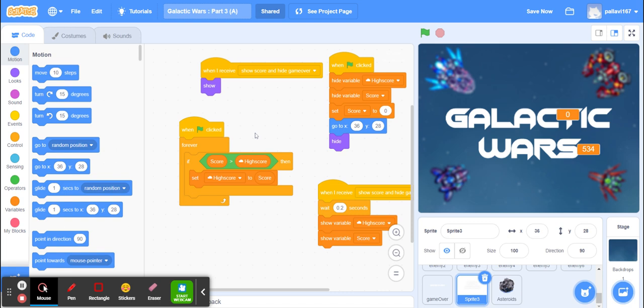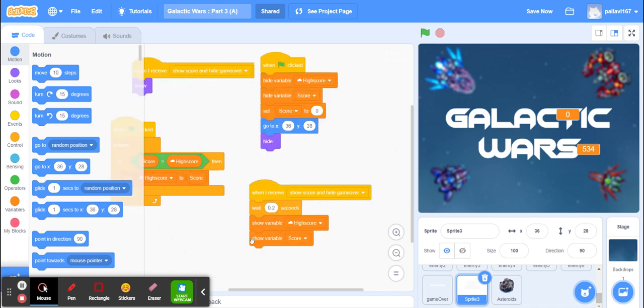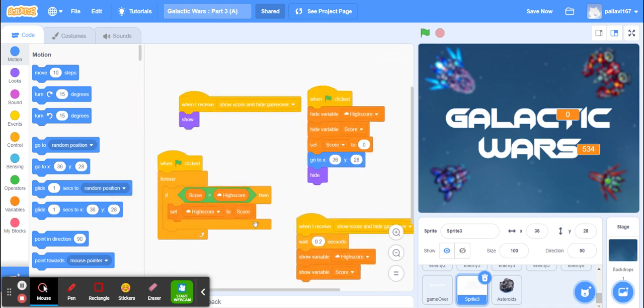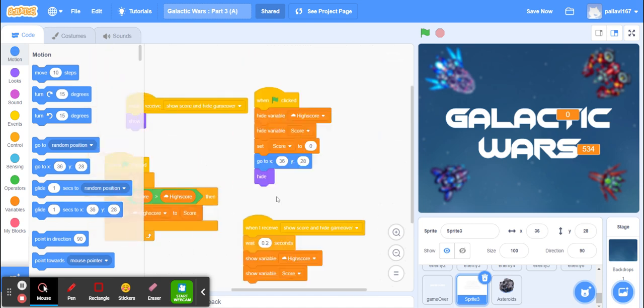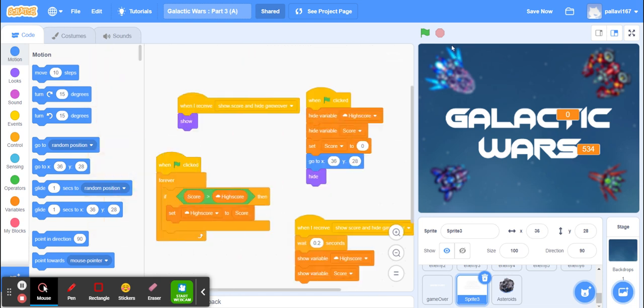This is basically checking every time whether your player has broken the earlier high score, and if it is not broken, then high score is going to be different from your player's score. If your score is more than the previous high score, then the player's score is set to the high score value. So this is the script that keeps track of the player's score and the high score, and it shows when to hide, when to show up.